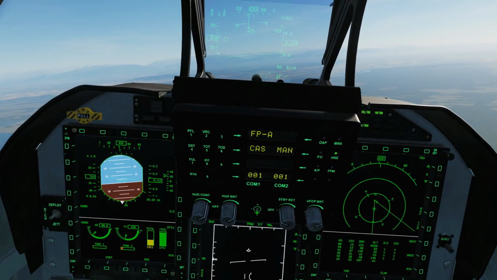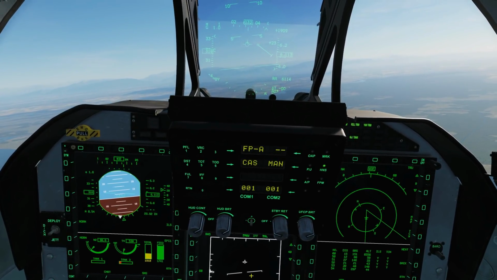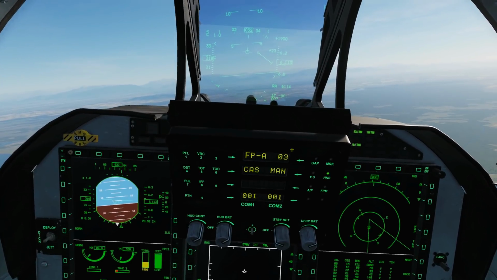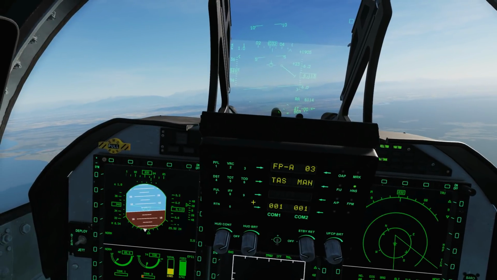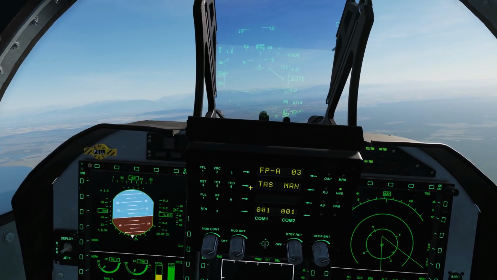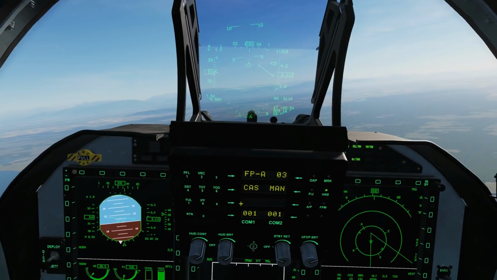So if I want to increment to waypoint 3, leave it till it stops flashing, and that will be waypoint 3. That didn't work very well. Yeah, there you go. It went to waypoint 3. And it's now back to waypoint 3. We can choose between TAS and CAS speed there, and that will change the waypoint speed as well as your